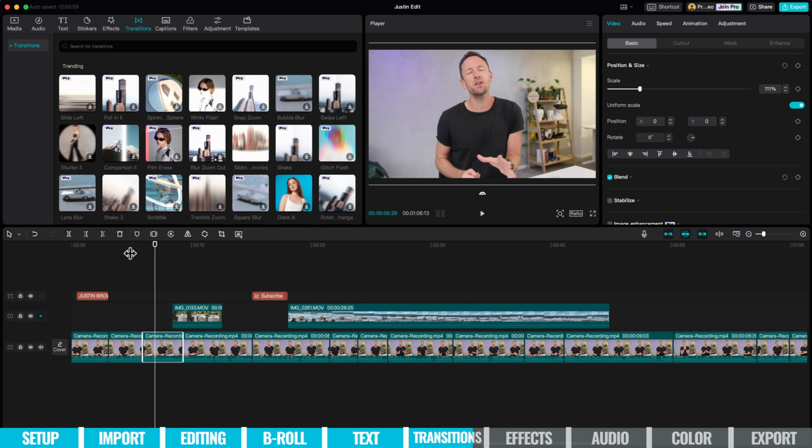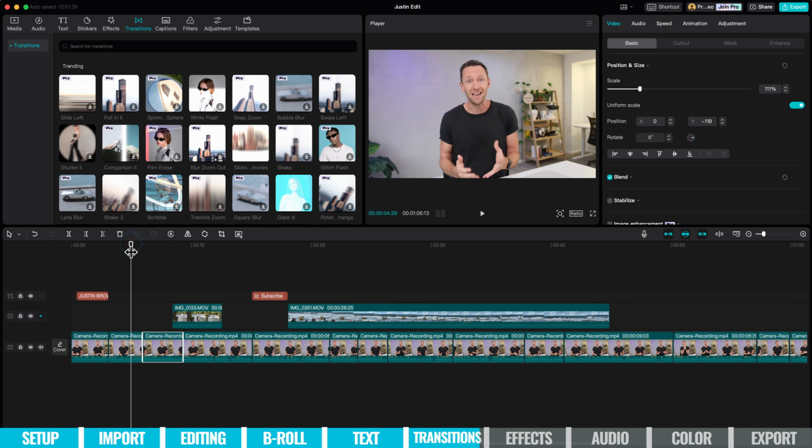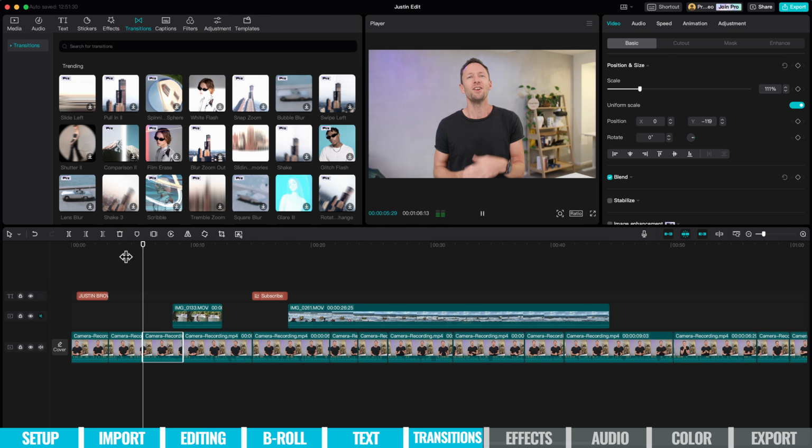Now, in order to really sell this effect, if you make sure the person's eyes are in a very similar position, it's going to be way less jarring and it's really going to help you sell this effect. So with this second clip here, let's just bring this down a little bit. Let's try to line up my eyes between the two. Okay, so it's not perfect, but it's still a lot better. Let's play this now. Related or relevant, your thumbnail image. Also, okay, pretty good. So that's what we do for our YouTube videos instead of just having a bunch of transitions every couple of seconds. So you want to go through now, add in any transitions into your edit, and then